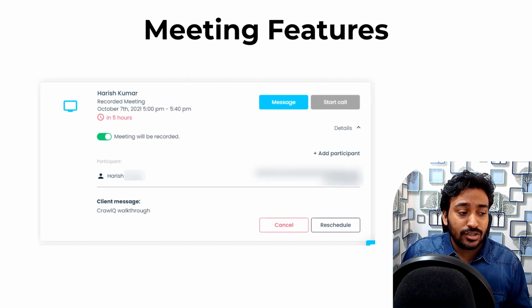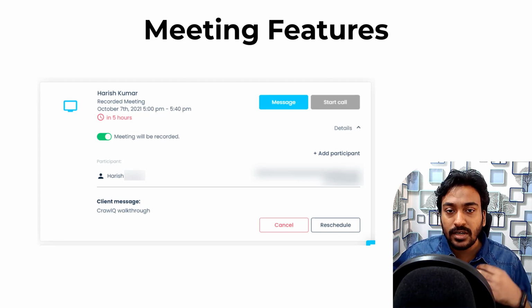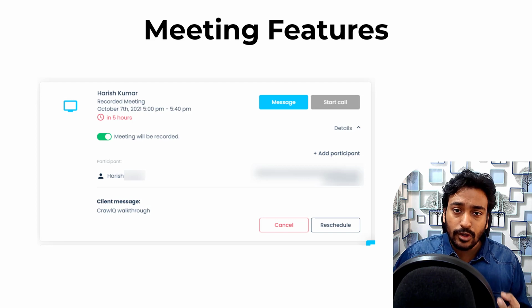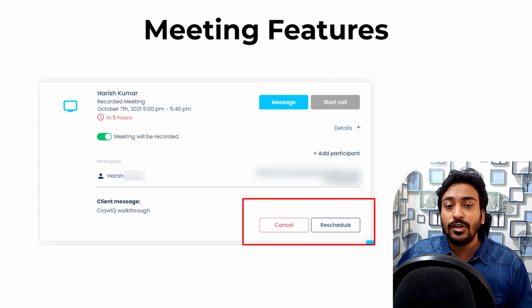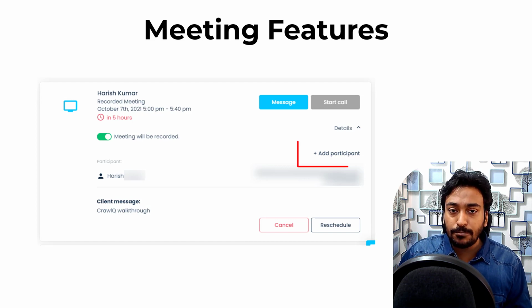And also you can reschedule and invite more users. If a customer sets up a meeting and for some reason it's not possible, you do have the option to cancel or even to reschedule that particular meeting to a different date. And you do have an option to add more members or more participants into the meeting, where it can be